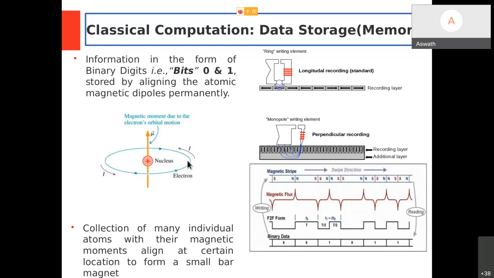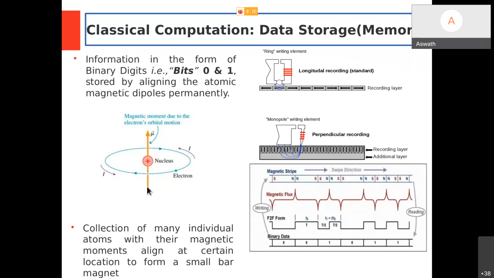The one which is rotating or revolving about the nucleus would constitute a conventional current in the opposite direction to its motion, right? If the electron is moving clockwise, the current would be anticlockwise, that we know. The moment there is a current going in a loop, obviously a current-carrying loop will produce a magnetic field. What is that magnetic field for this loop? Obviously it is pointing upwards. We can use the right-hand thumb rule to see that for every free electron revolving about the nucleus of an atom, there is a magnetic field, which we will call a magnetic moment, right?